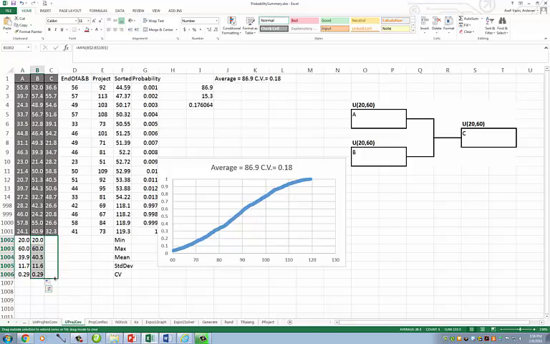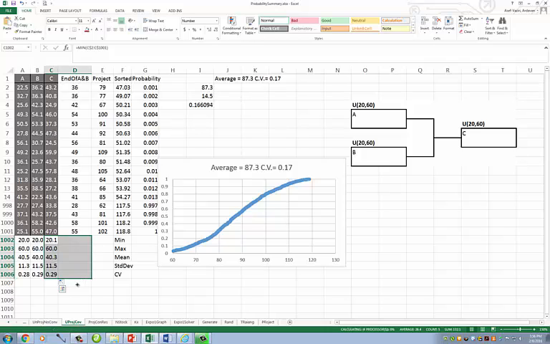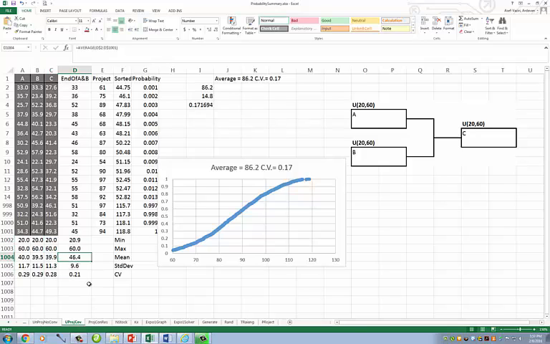So as we see, A, B, and C, they all have averages very close to each other's, and standard deviations very close to each other's, and coefficient of variations close to each other's. But now let's see when is the end of A and B, which is the start of C. If I copy these numbers here, interestingly, the average of both A and B is not 40. It is something around 46. And coefficient of variation is also smaller. And then for the overall project,